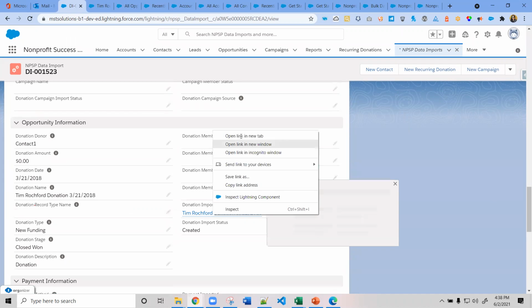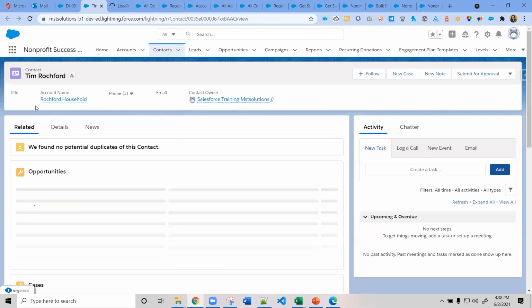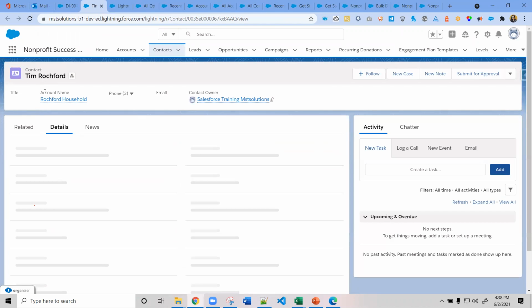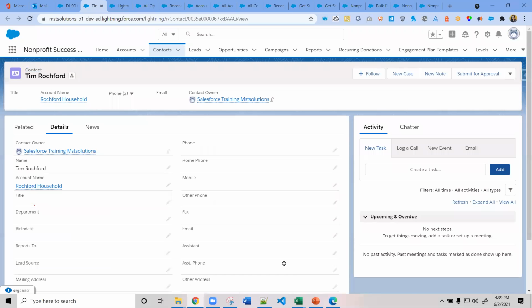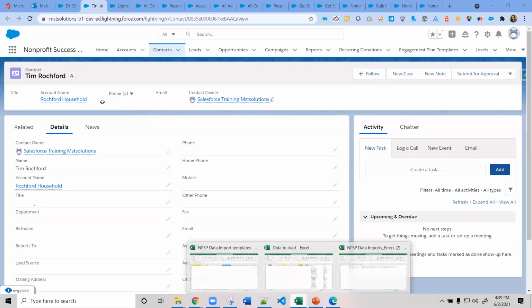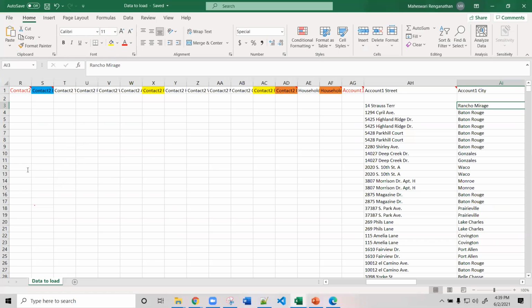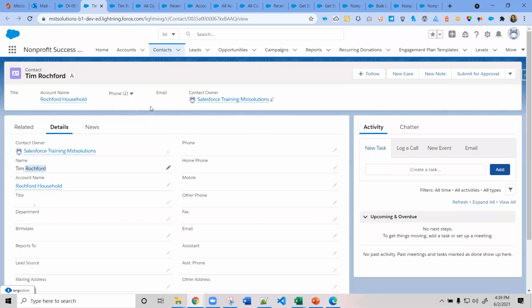In the contact, as I said, by default it will create a new household for that particular contact. It takes the last name of the contact. As you see in the Excel sheet, the name is Tim Rockford, and by taking the last name of the contact, it creates the household name.